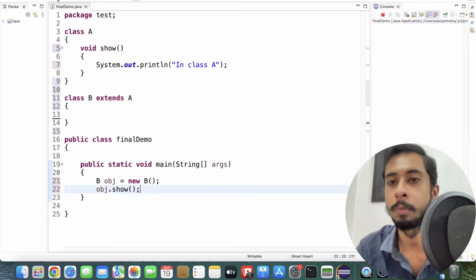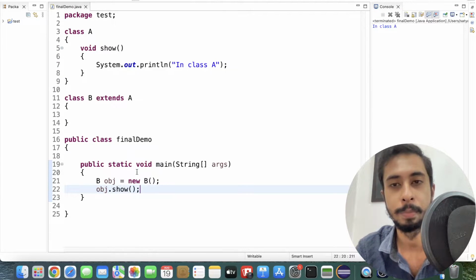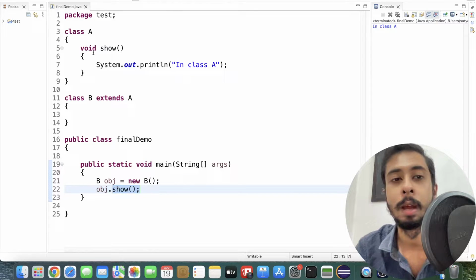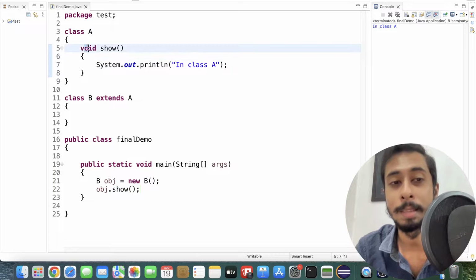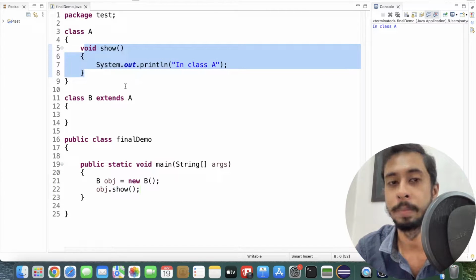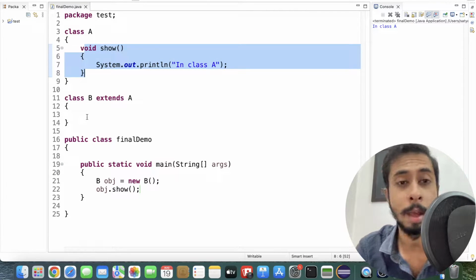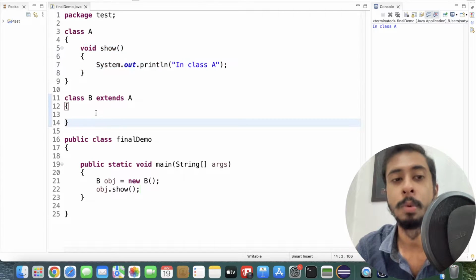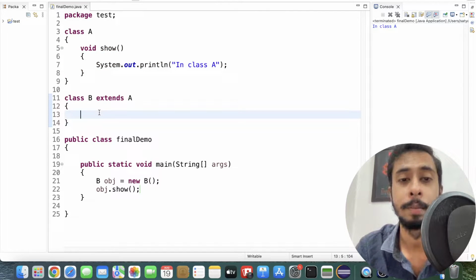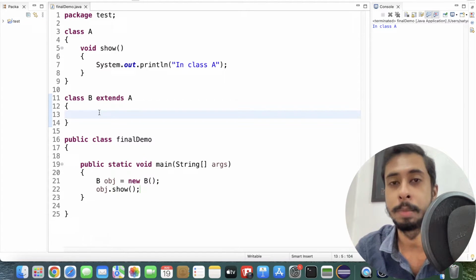If I execute this, it works fine and prints the class A output. But this method call is actually the method call to class A's method, because class B doesn't have a show method. Now suppose there is a requirement that I want to redefine the show method in class B